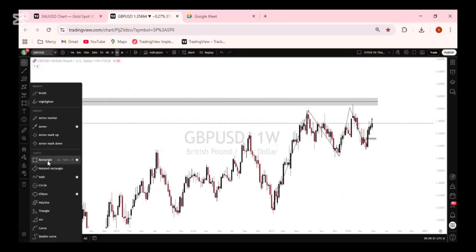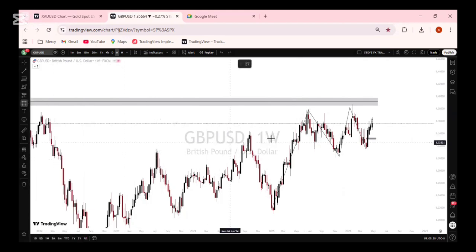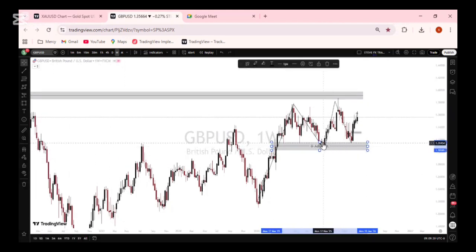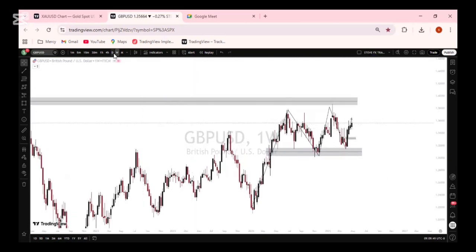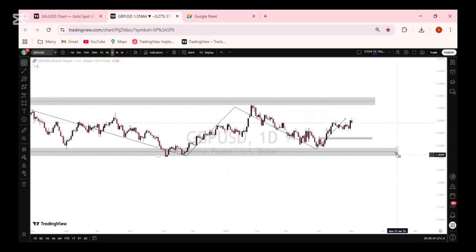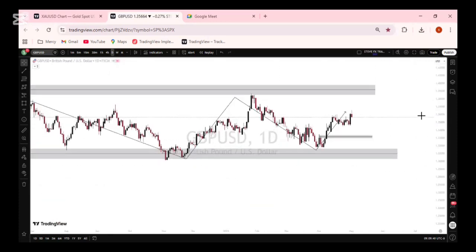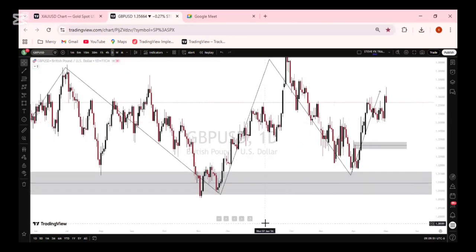Now this zone then becomes our key level, because the market came down to the zone and still rejected back again. So when we go down to our daily time frame, we can also see